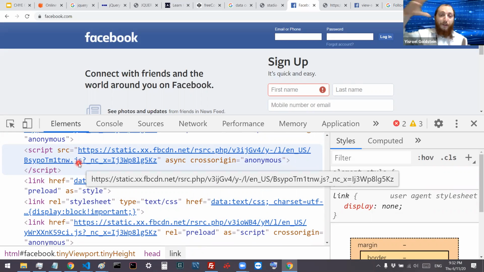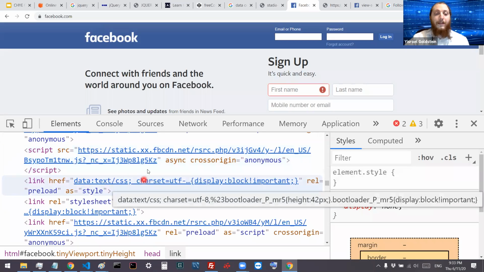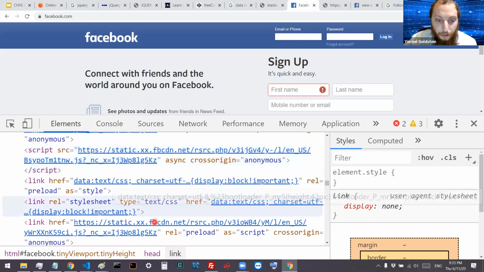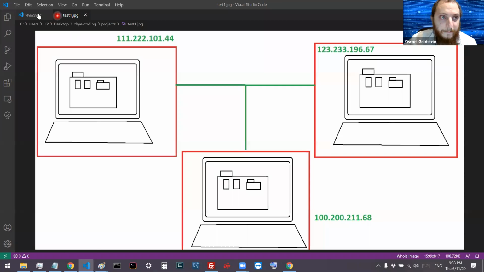So after loading in all the HTML, we get a whole bunch more things to start bringing in because, hey, HTML is nice. That's the beginning of our page. That's the main part that puts together our page. But as part of our page, we also need some other stuff from you, Facebook. We need all of your custom JavaScript that you wrote for this website. We need all of your custom CSS stylings that you have for this website. So as the HTML is being rendered in the browser piece by piece, the browser is also going to go out to the internet and bring in this piece and that piece and the other piece, whatever it is that is tasked to do. Just like when you wrote in your program over here, let's pull in the,